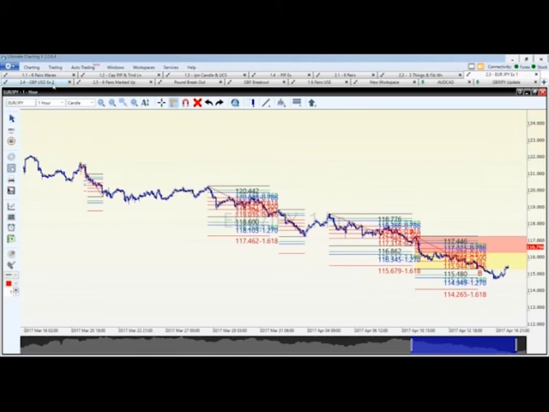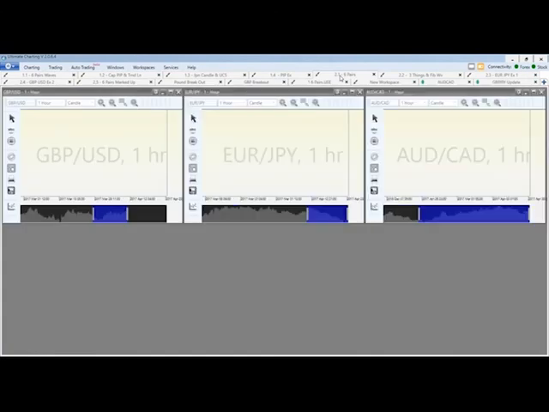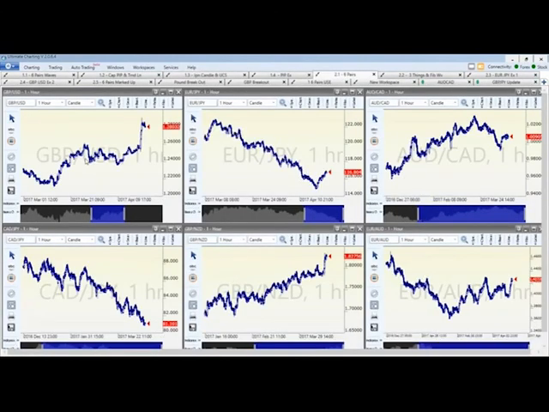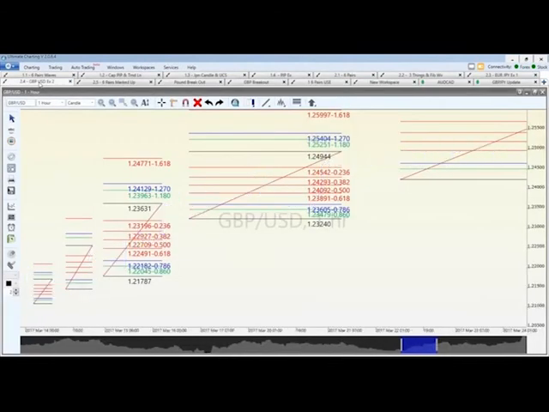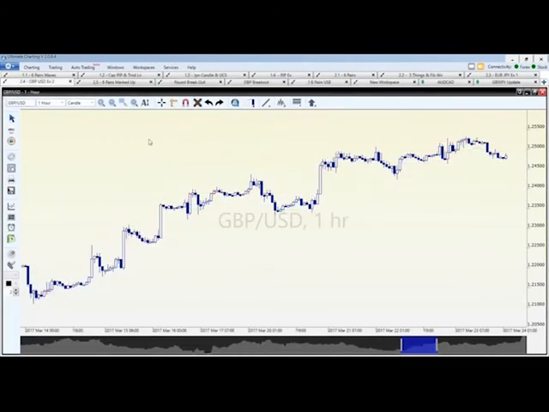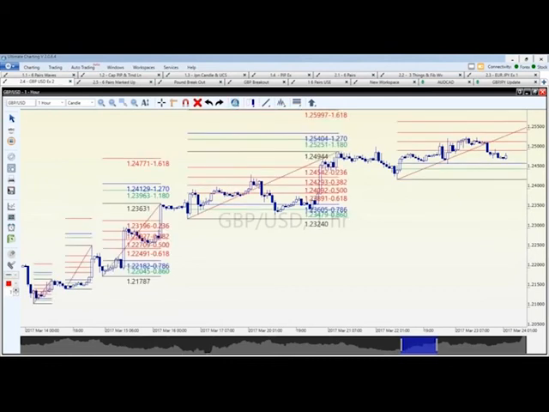Another example, we've got the British pound US dollar, okay? So that was kind of the first one that I talked about before. Here would be another example at the beginning of this trend. Again, you can do this all individually, but up here we have these smart tools, okay? All I have to do is click on Smart Fibonacci, and it sets up all the Fibonacci's for us automatically. So let me just show you these trades that we have right here, okay?